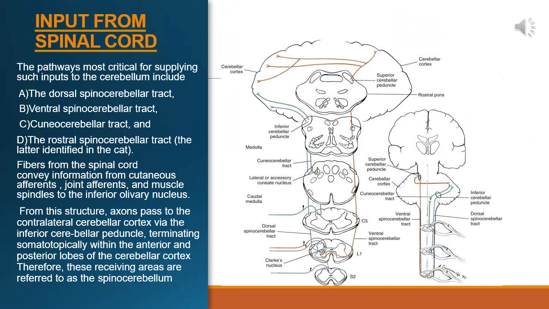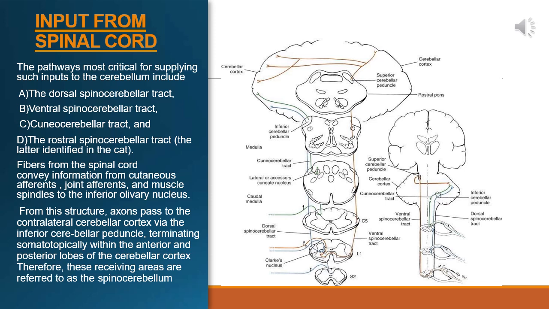Next, input from spinal cord. The pathways most critical for supplying such inputs to the cerebellum include A. The dorsal spinocerebellar tract, B. Ventral spinocerebellar tract, C. Cuneocerebellar tract and D. The rostral spinocerebellar tract. Fibers from the spinal cord convey information from cutaneous afferents, joint afferents and muscle spindle to